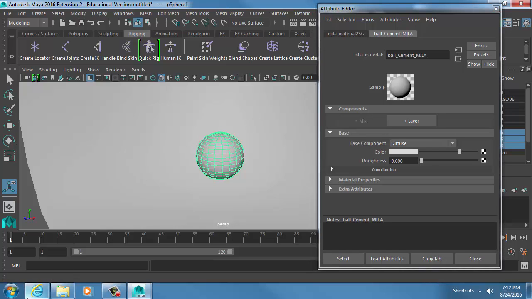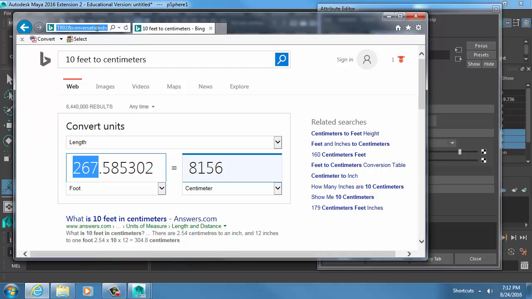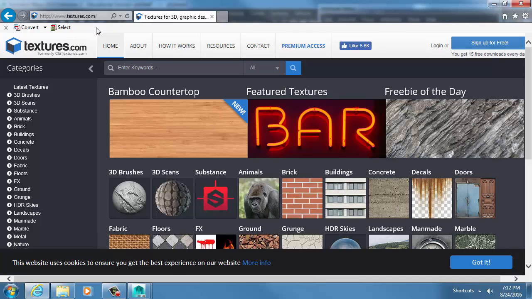All right. What we need to do is go to CG Textures or textures.com. If you don't have an account, you can sign up for one. It's free. You get 15 free downloads every day. And what we want to do is find textures that support those kinds of things. So I want to find a good wood texture, a good plastic texture, a good metal texture, and so on. Okay? Now, as we look for these, they're going to be